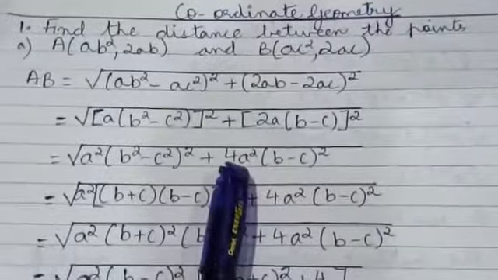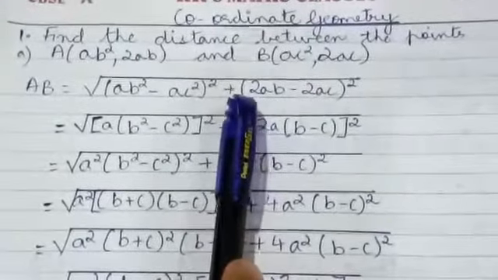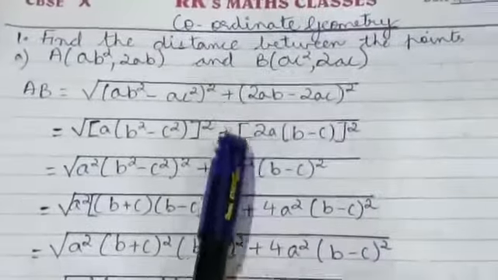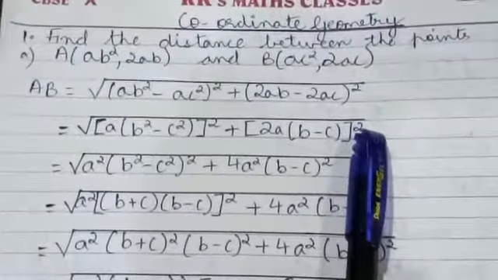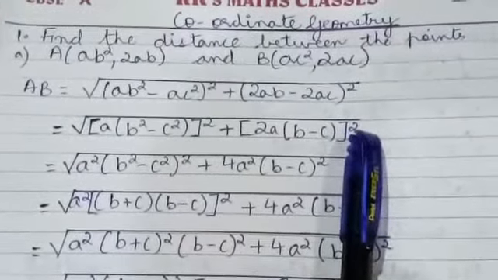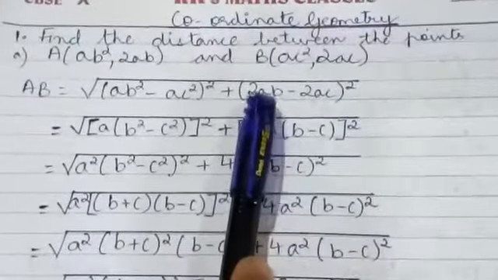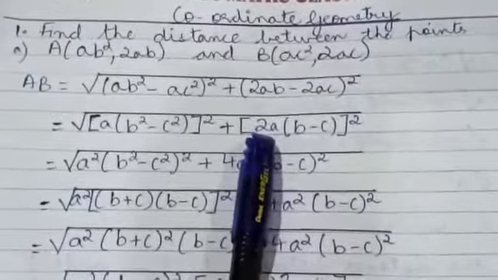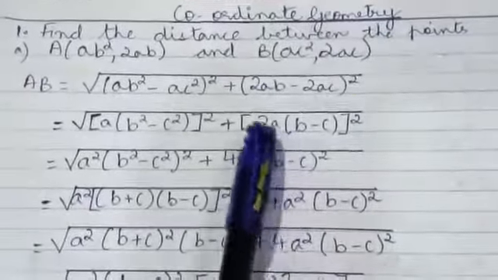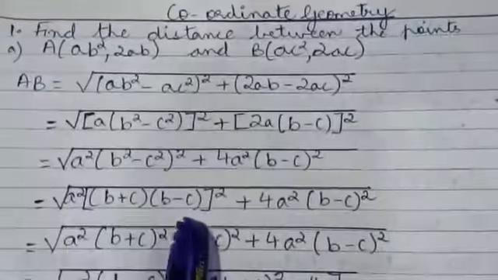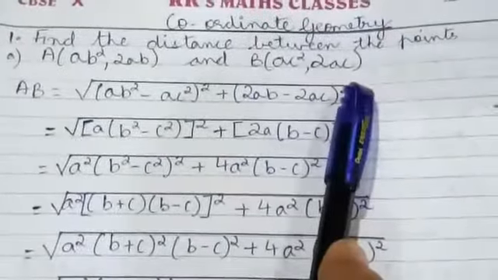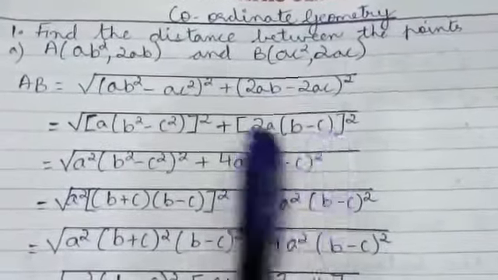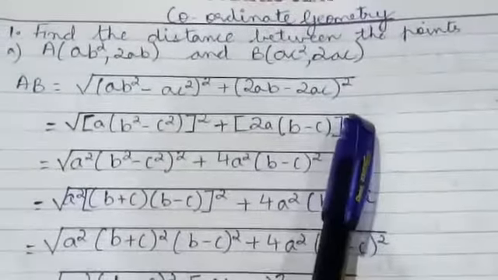Plus, again, here you can see the simple bracket raised to the power 2. In the next step, you can see the square bracket raised to the power 2. So now 2ab minus 2ac have 2a in common. So take out 2a. 2a into b is 2ab. 2a into c is 2ac. Now this expression is squared. And here also you can see after you take out 2a common, this expression entirely is squared, raised to the power 2.